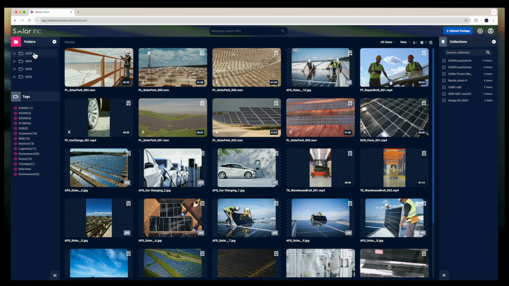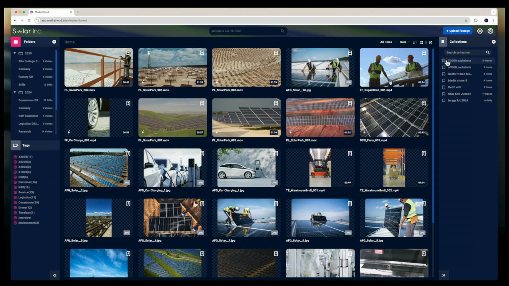First, we have our folders here in the top left corner. We can see that they are sorted by date. So in other words, when the footage was actually filmed. Below that, we have our customizable tags that are individual to each company. Here we have product names, stuff like R&D, logistics, consumer footage, or it can be more technical terms like drone and time-lapse. But we do recommend being quite restrictive when it comes to creating all of these tags, because you do want to keep it quite concise and not too much overlap in the different terms.